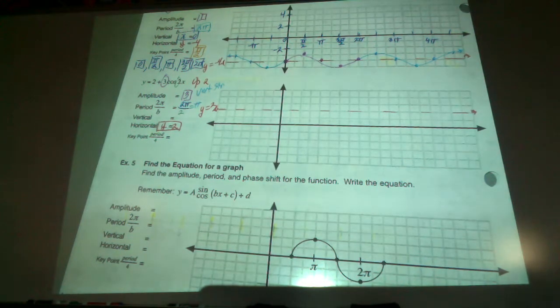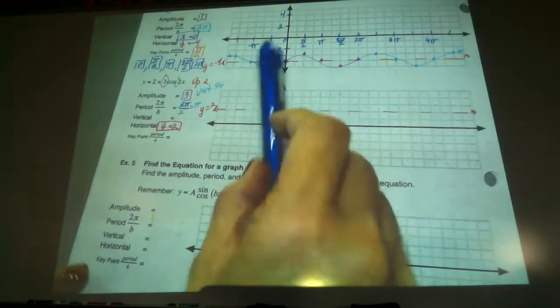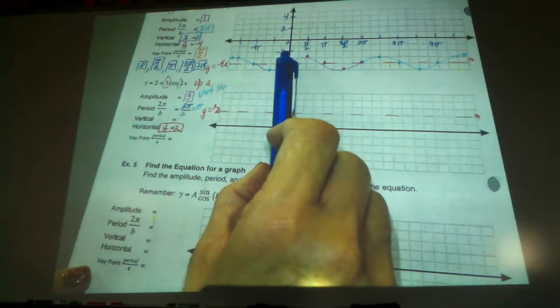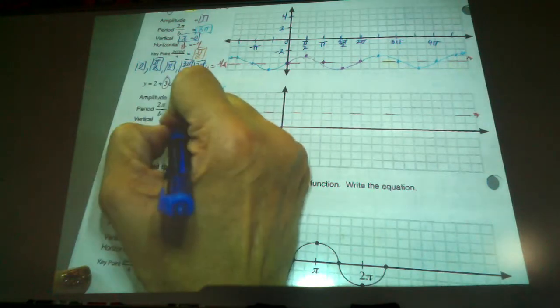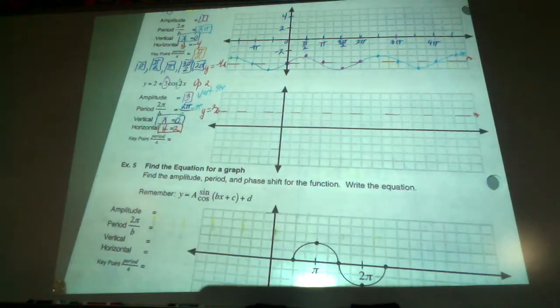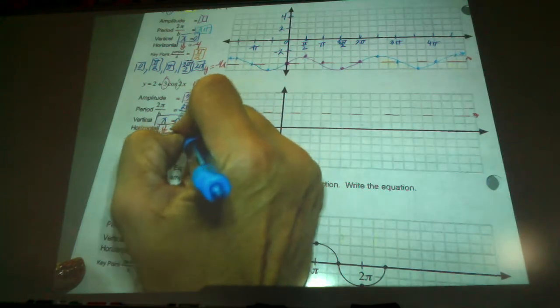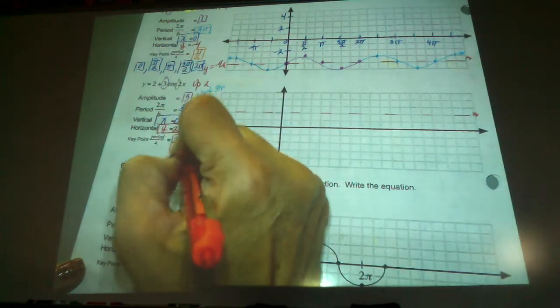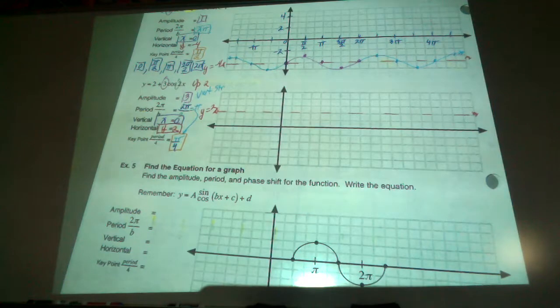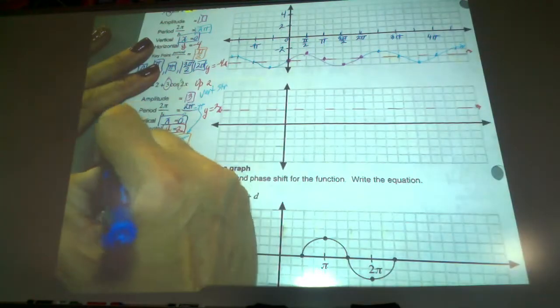So here we go. Let's find, did our vertical change at all? Are there any parentheses with plus minus? Nope. So our vertical goes through the x-axis, so it's x equals 0. But we have to find our key points. So take that new period of pi, always divided by 4. It doesn't reduce, so our increments are going to go in pi over 4. We don't have plus minus in parentheses, so we don't need to do a start and end because our normal start is 0. So 0